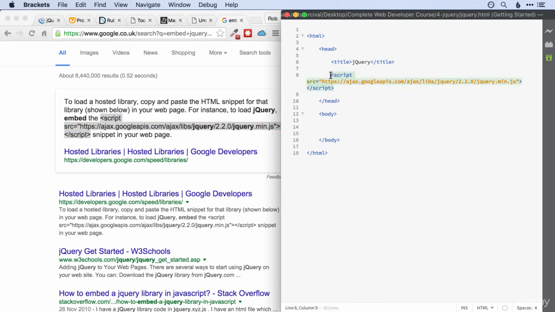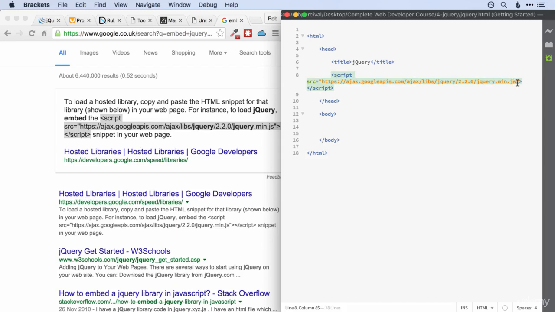page. So we saw the script tag at the end of the previous section. This allows us to take the version 2.2 of jQuery and use it in our page. Now this is a great way of doing things, and it's actually what I'd normally recommend for production websites. The URL googleapis.com is extremely reliable. It's probably faster than your own web hosting, and because a lot of websites already use this link, there's a